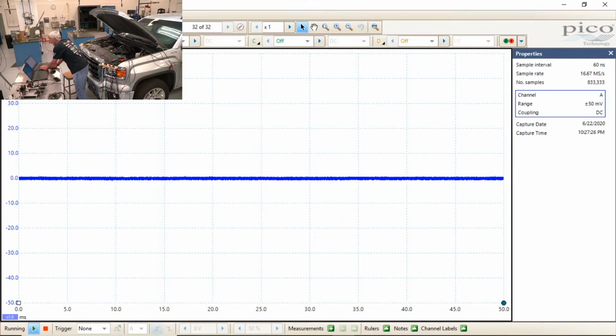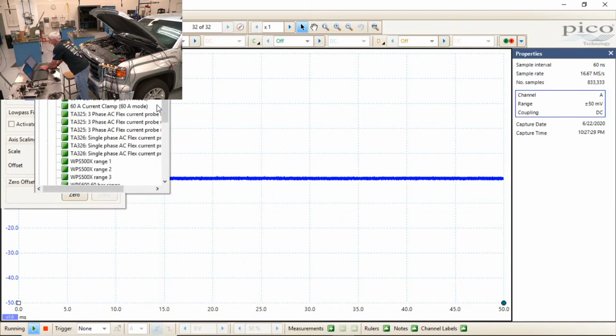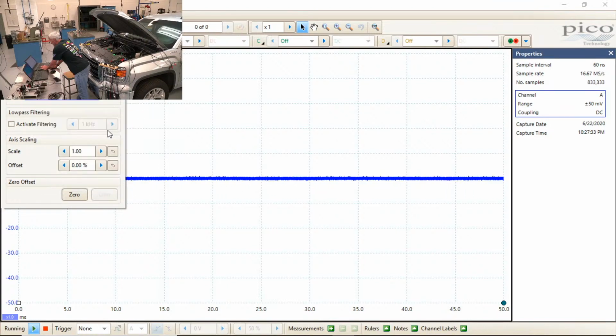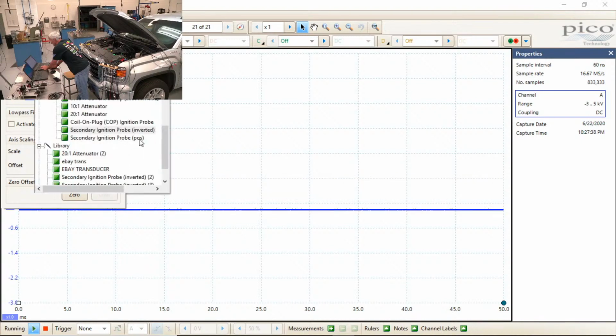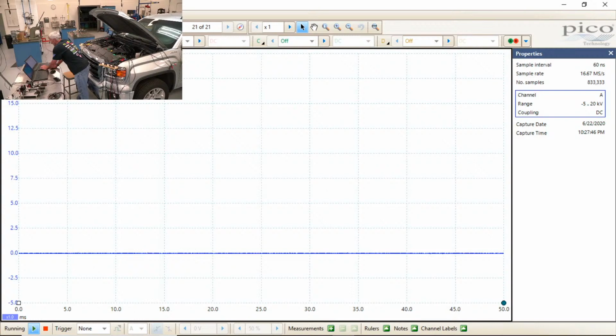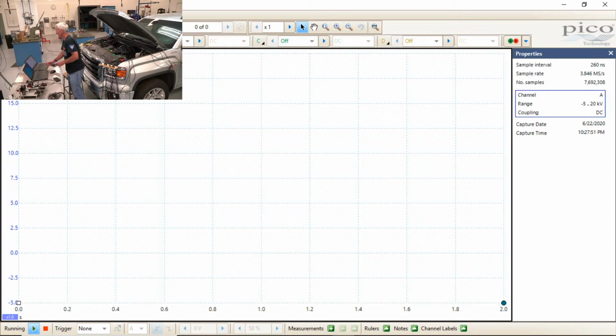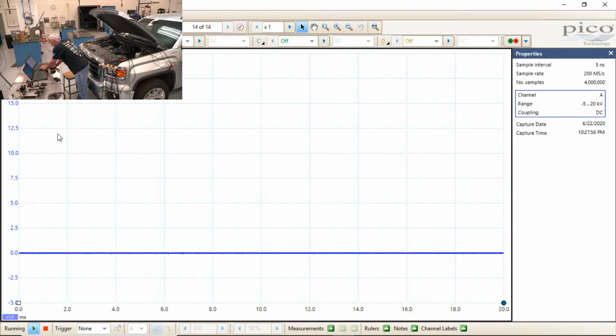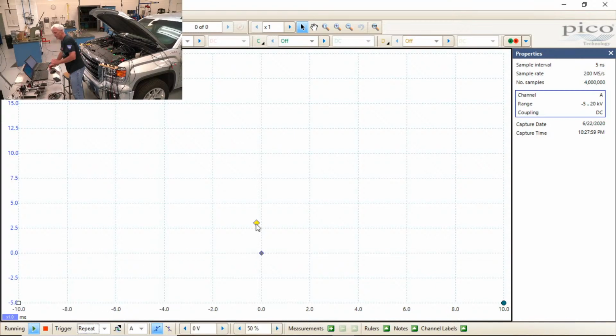So channel A, my probe. I can never remember, it's either going to be secondary inverted or secondary positive. That's where the two options come in, positive or inverted. I'll start with inverted. And then we'll put the scale at, say, 20,000 volts. If you know me, I like to put a lot of time on the screen and then zoom in. But I won't do that this time. I'll lower it down so we can just see one pattern. We can set a trigger up down here to repeat. And when I fire this up,